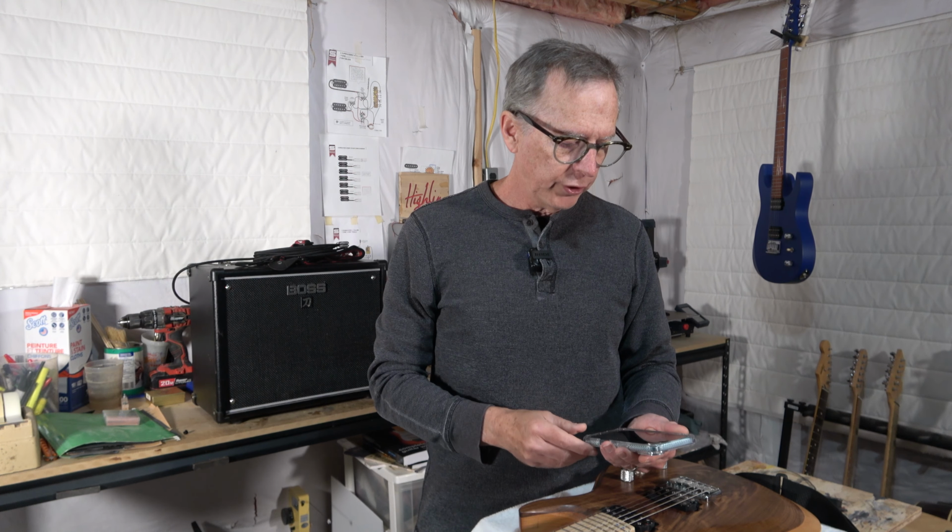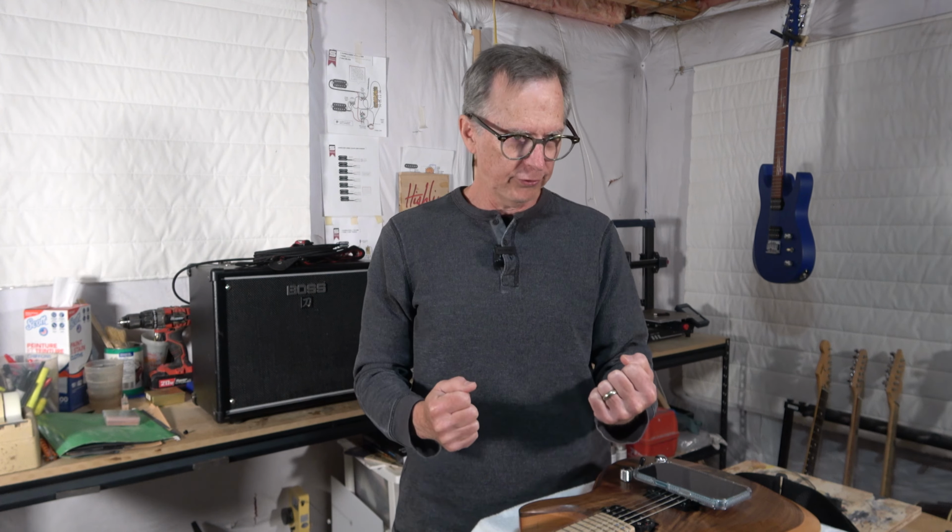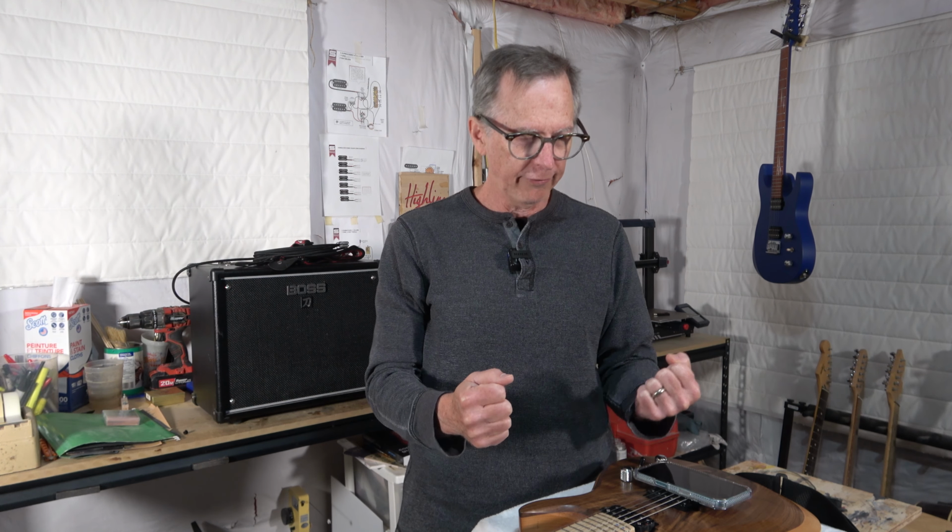Okay, the next question is, how do you know when you need to pot your pickups? Well, the reason we pot the pickups is to reduce amp squeal. We have all experienced that, where you plug your guitar in, you turn on your amp, you crank up the volume, crank up the gain, and all of a sudden, depending on how you stand facing the guitar or facing the amplifier, you might get that high-pitched